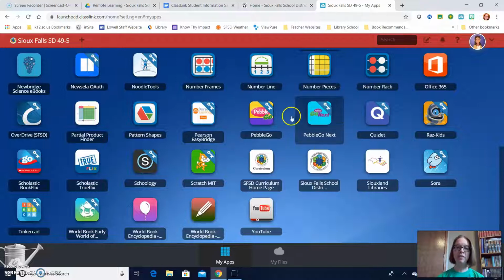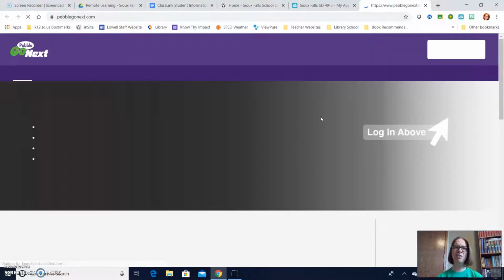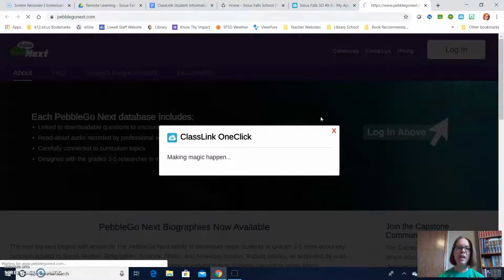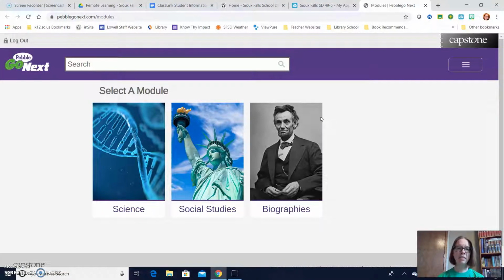This is a database that is very similar to Pebble Go. So if you have used Pebble Go in the past, this is a 3rd through 8th grade database. If you're on a device like a Chromebook or a laptop or a computer, it should log in without any problems. If you're on an iPad, we have been running into some problems that you'll need a username and a password. The username for Pebble Go and Pebble Go Next is engaged, the word